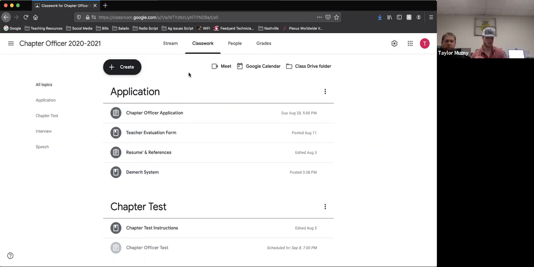Understand the chapter, state, and national FFA constitutions, and then the bylaws and the rules of all the programs and everything. Have a good understanding of FFA from top to bottom, okay? Know it all. And then a working knowledge of parliamentary procedure and an ability to memorize the official ceremonies, okay? Both of those qualities are very important when you're in this role. And again, guys, I can't stress enough how much of a responsibility and leadership role this really is. So before you commit to this process, make sure you understand that and that you're committed to being a good example and a leader for the Slato FFA and the Slato Ag Department.